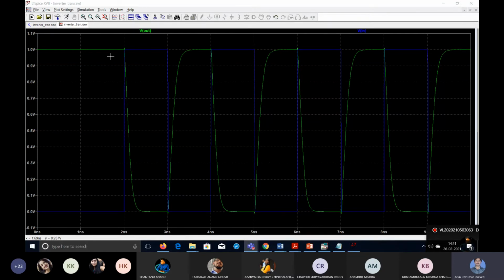When the input is low, 0, then because it is an inverter circuit, the output is at high, VDD. Whenever a change of state happens at the input side, from low to high, at the same point the output starts changing state from high to low, but it is not switching as fast as the input. It is switching, but it takes some time, coming down and then becoming the low state. If you want to define delay, you have to come 50% down from the maximum. So at 0.5, this is the 50% point.